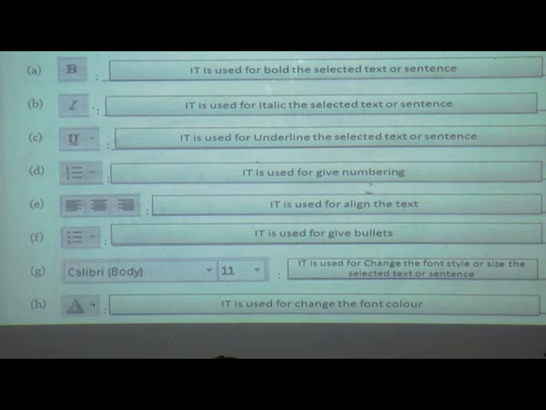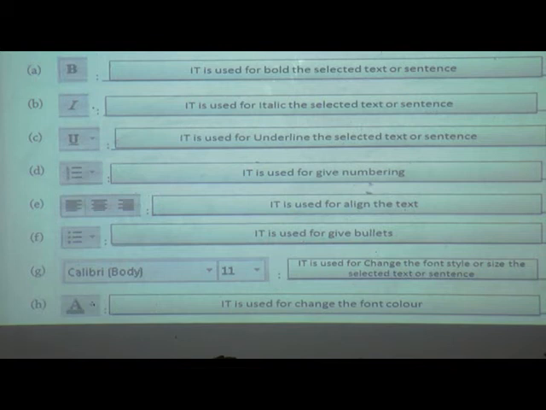Next one, it is used for align the text. Next one, it is used for give bullets. Second last, it is used for change the font style or size. And last one, it is used for change the font color.